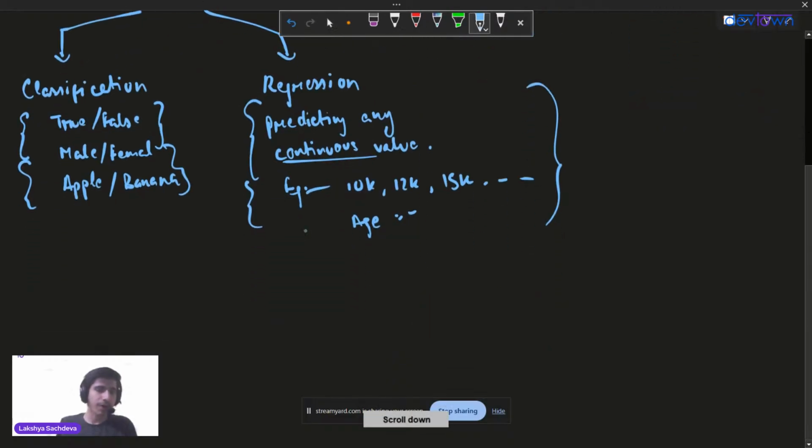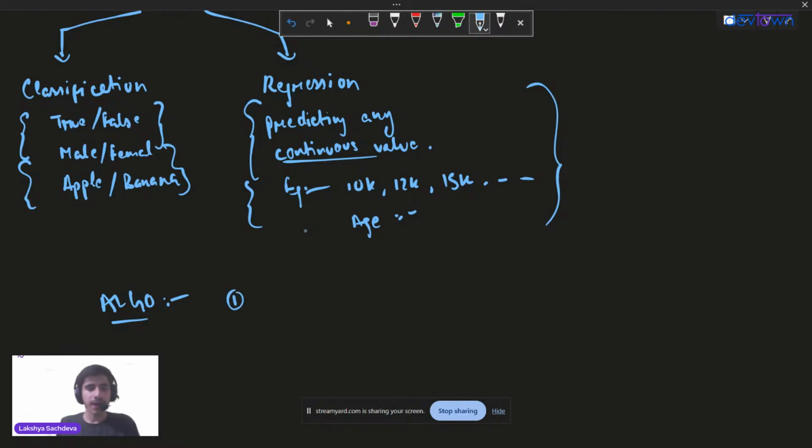So this is what we have discussed on day one of this bootcamp as well. Great, so this is clear first of all. Sir, you have told us about many algorithms, right? Yes, so many algorithms are there under machine learning, that is supervised learning. Some of the algorithms are logistic regression.